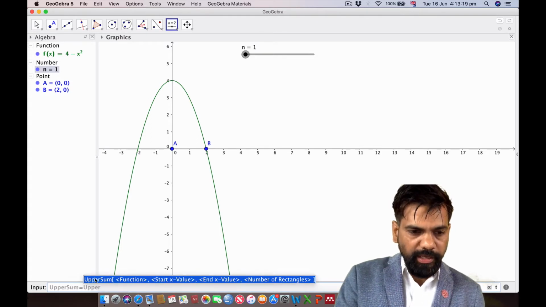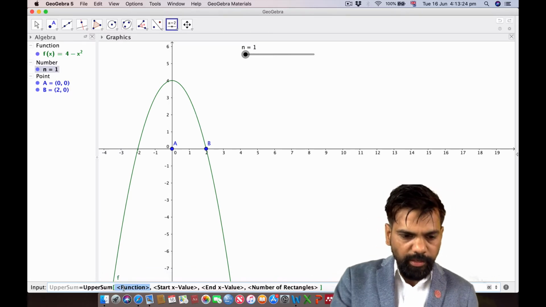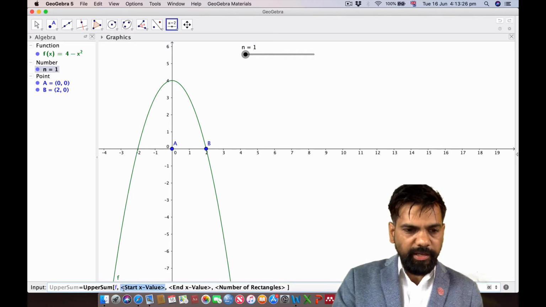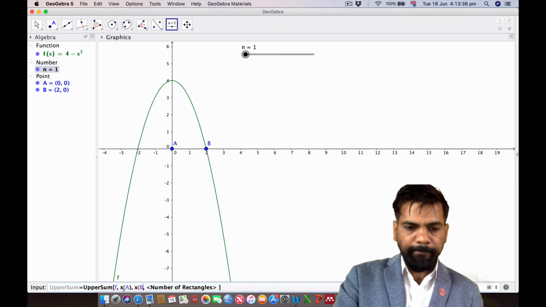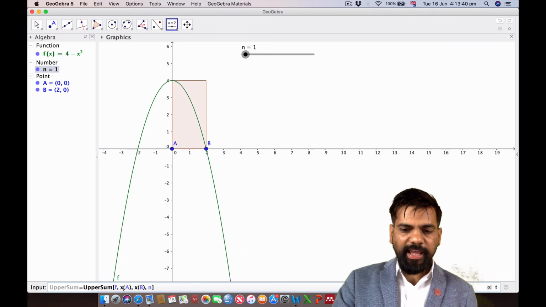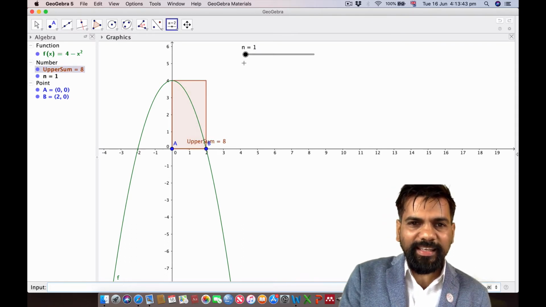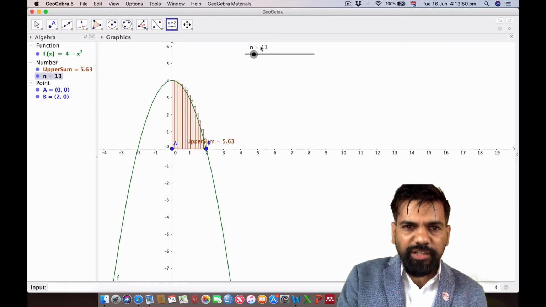I can take the already mentioned function f, the start value of x of a, and the end value x of b, and the number of rectangles I can set as n. Okay, now you can see here when I drag the slider, there are just 13 rectangles, then the area of the upper sum is 5.63.